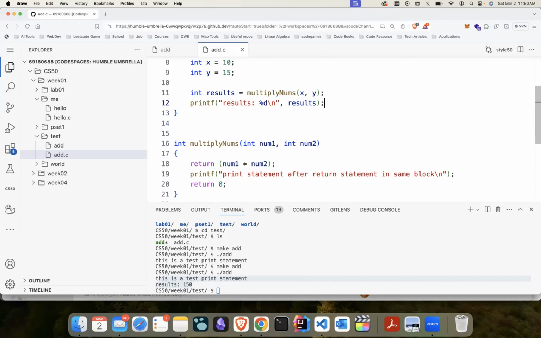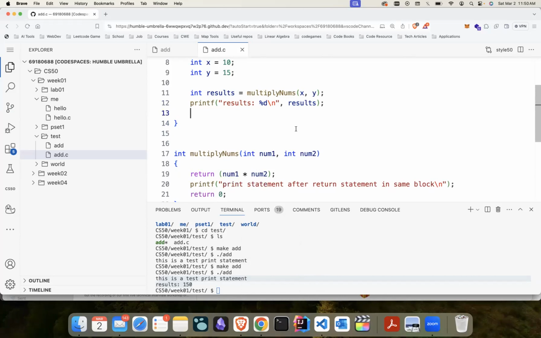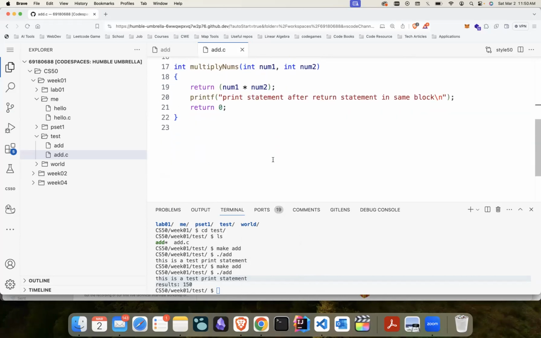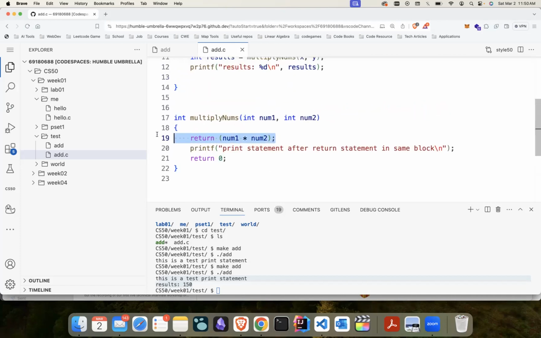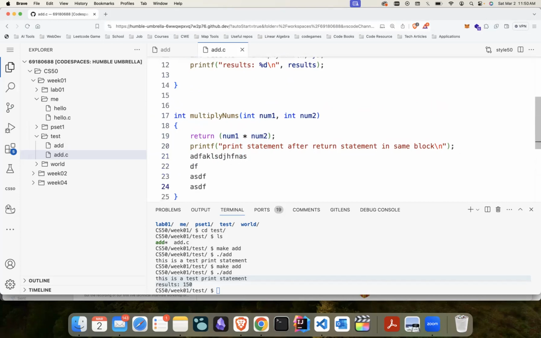Okay. So the problem I was trying to explain is in your code, but the compiler is not catching it. After we've done this return statement, the function is done. It's not going to do any of these lines back here. You can have a million lines of code here, but as soon as you have this return statement, your function is done. But the other thing is, instead of having them on the same line, like you see they're on the same column,